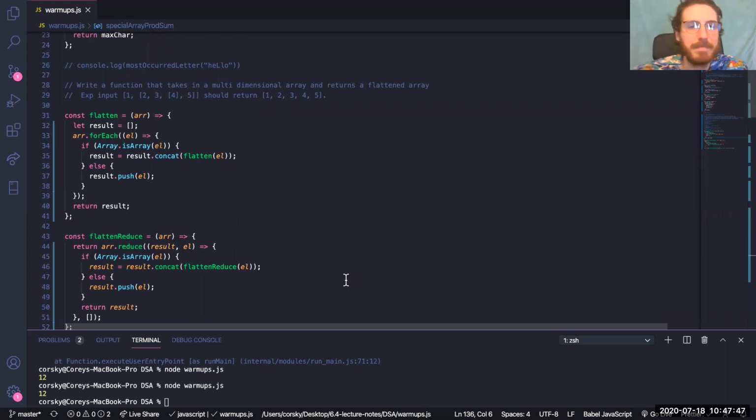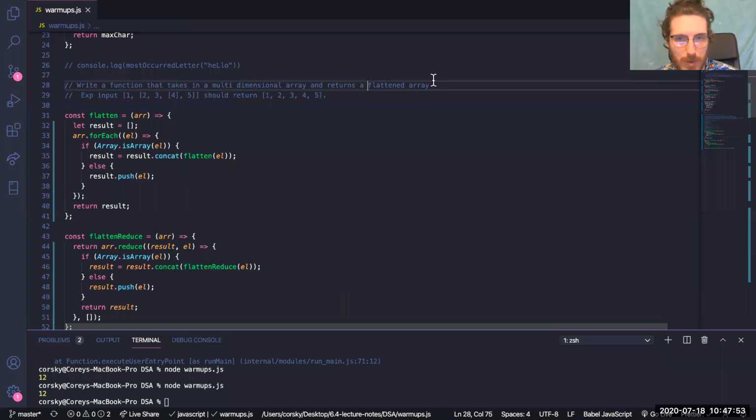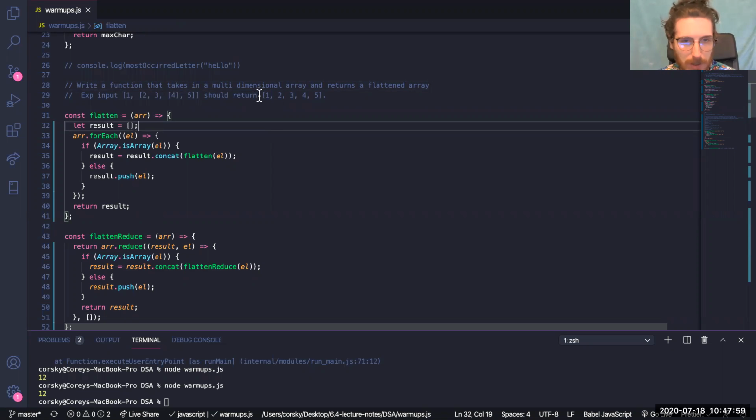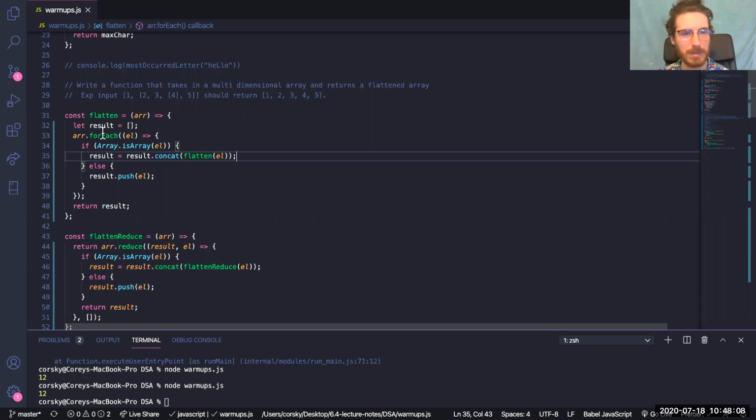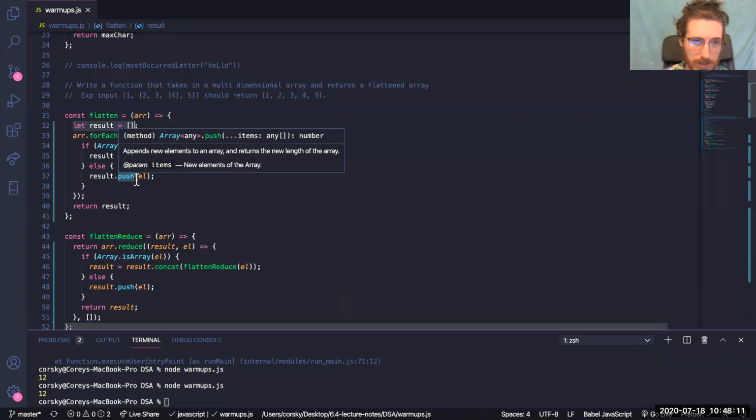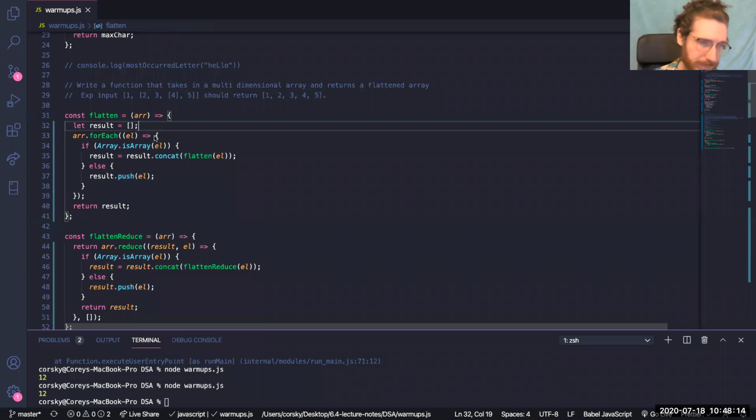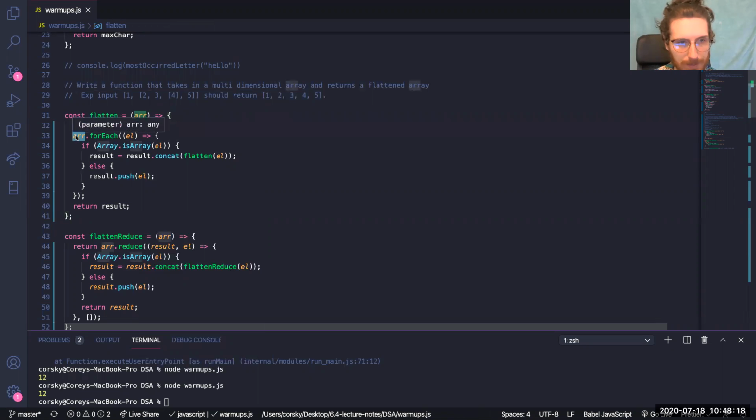So in flatten, we are asked to write a function that takes in a multidimensional array and returns a flattened array. So it could take an array like this and return it all sequentially without all the other arrays. And the way this was done is we kept track of this result array, which was going to be our flat array. And we iterate through the array, and all we really care about is: is this element an array or is this not an array? If it's not an array, I can just push it in like normal